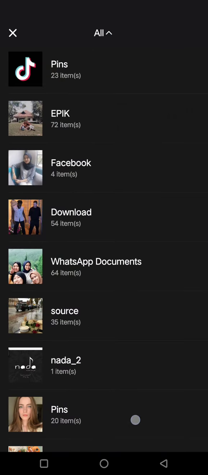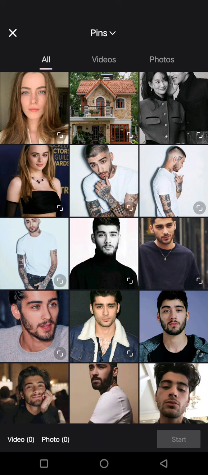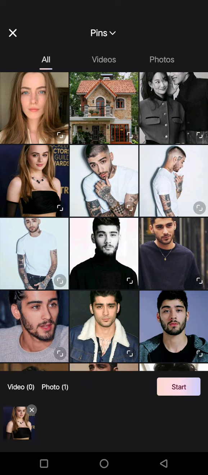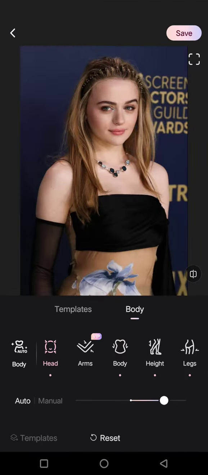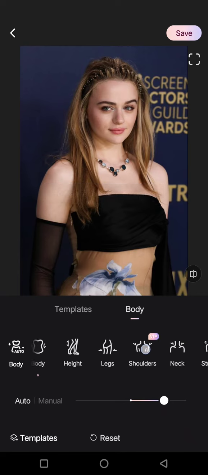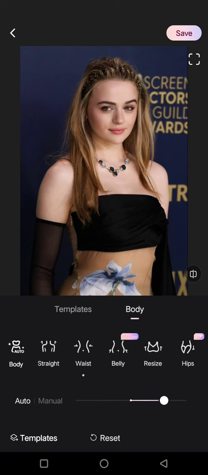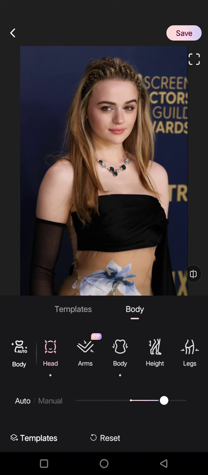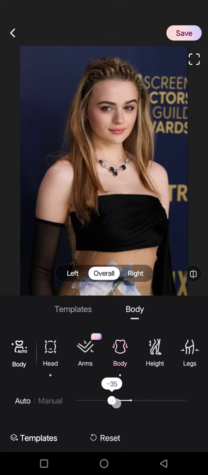You can just find the photos that you want to edit. For example, I'm going to edit this photo right here. Now click on start, and in here there are several body adjustments that you can select. You can make your body look thinner or slimmer by clicking on this body option, and in here you can